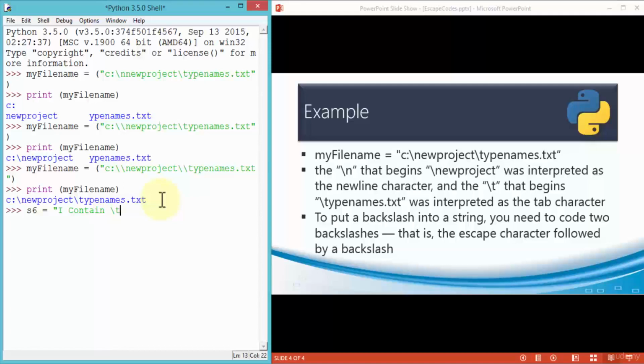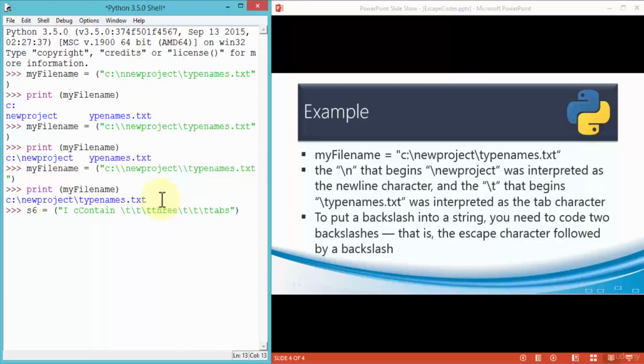And if I need multiple tabs, I can simply go \t again and \t again. So how about 3 tabs, right? So I'm going to say I contain, and then 3 tabs. Close the parentheses here,